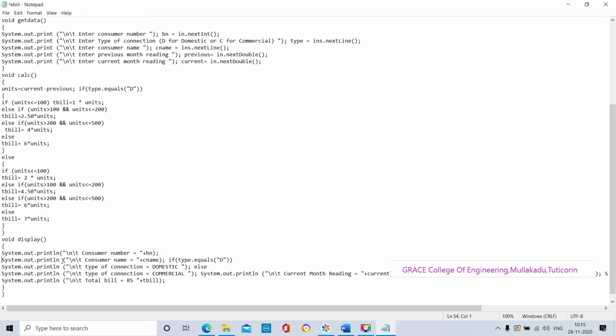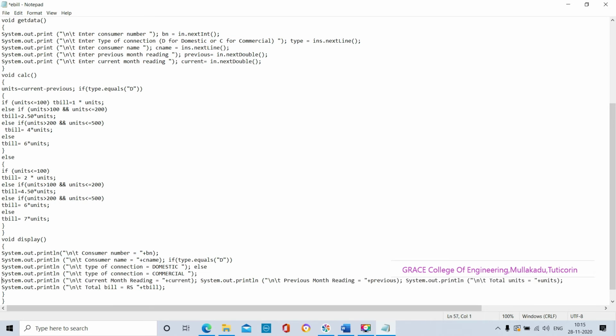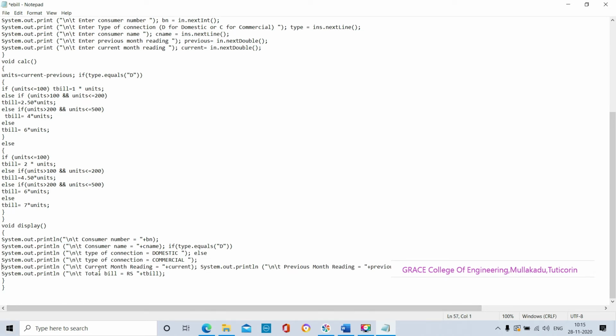The System.out.println statement is used to print the output on the output screen. See here, System is the class, out is the object, println is the method. So by using the dot operator only we are accessing the classes, objects and methods. Okay, these all the lines are telling the display output.